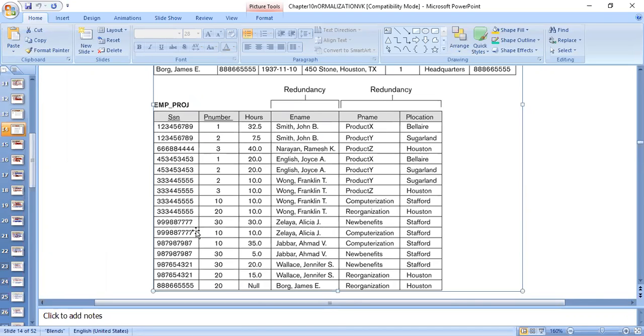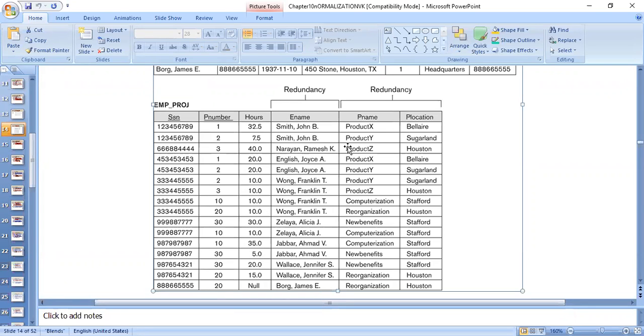Now suppose let us assume that I want to delete. So what example we have seen here? Suppose I want to delete an employee. One Smith John, I mean, he leaves the organization. So when Smith goes, what will happen? When I delete Smith, this project X information will also go with Smith. Project Y information will also go with Smith. Anyways, somewhere else if X and Y exist, that will remain. Okay, let us see the other way.